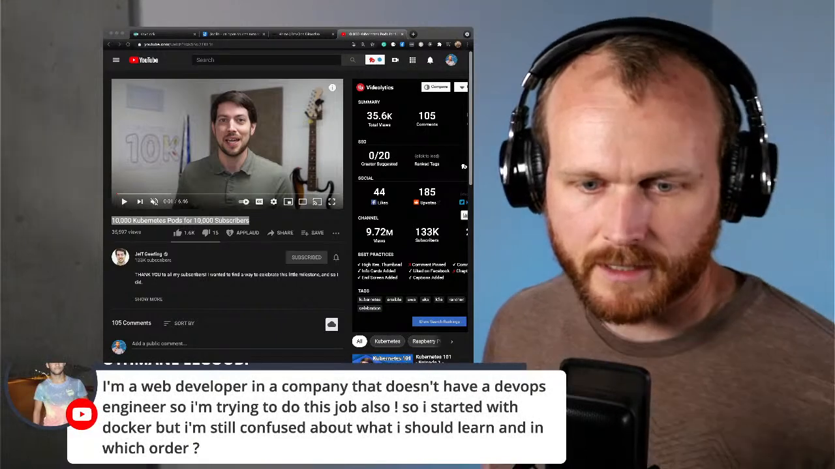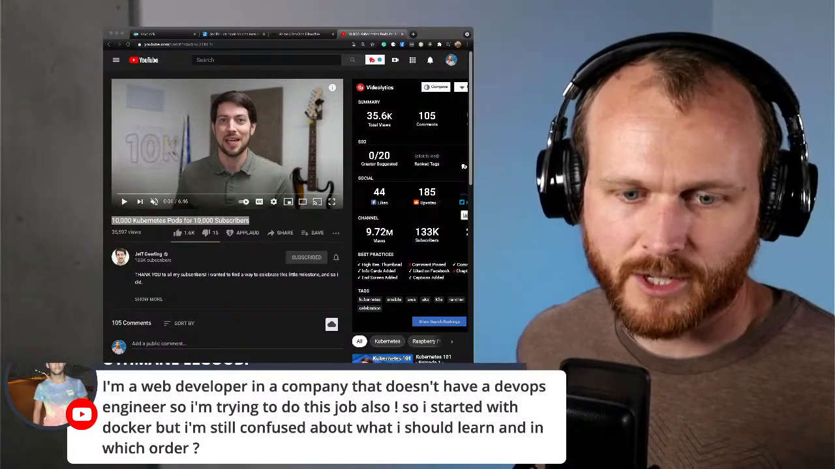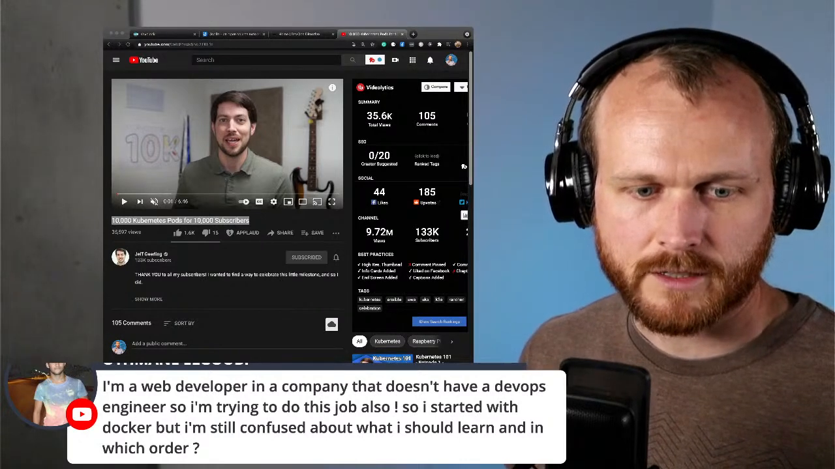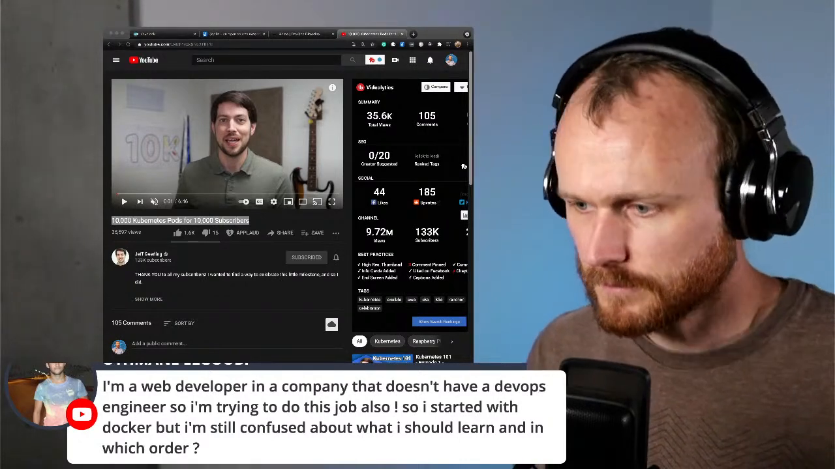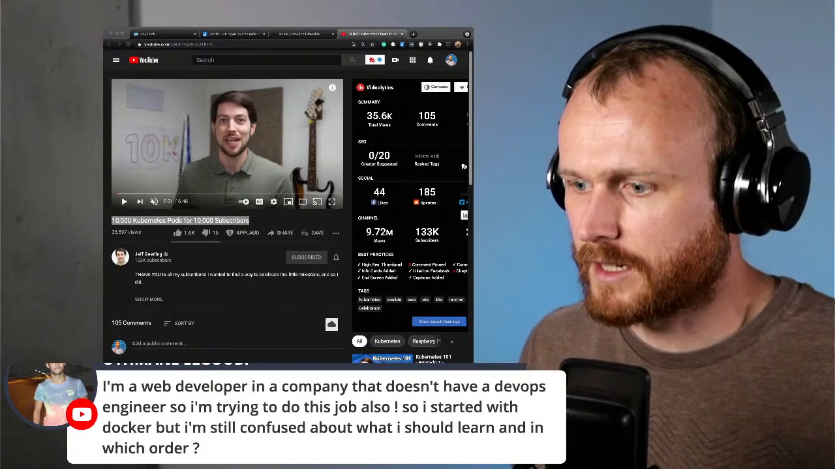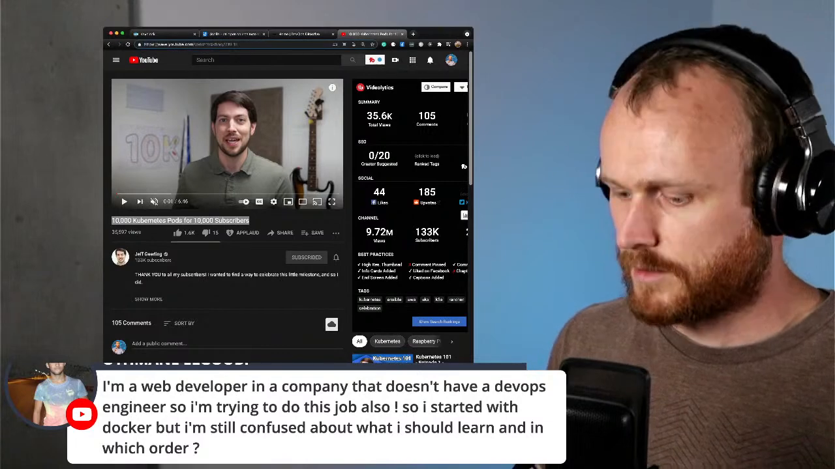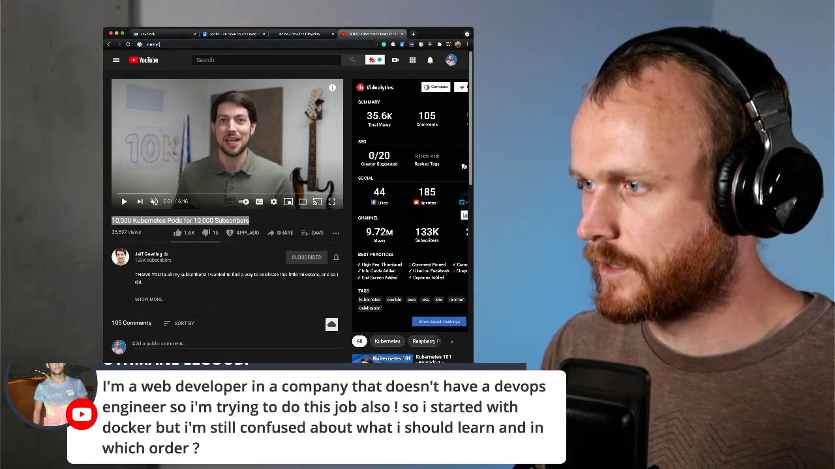I'm a web developer in a company that doesn't have a DevOps engineer, so I'm trying to do this job also. I started with Docker, still confused about what I should learn and in which order. Yeah, so DevOps is kind of crazy in that it contains so many different subfields. So roadmaps.sh